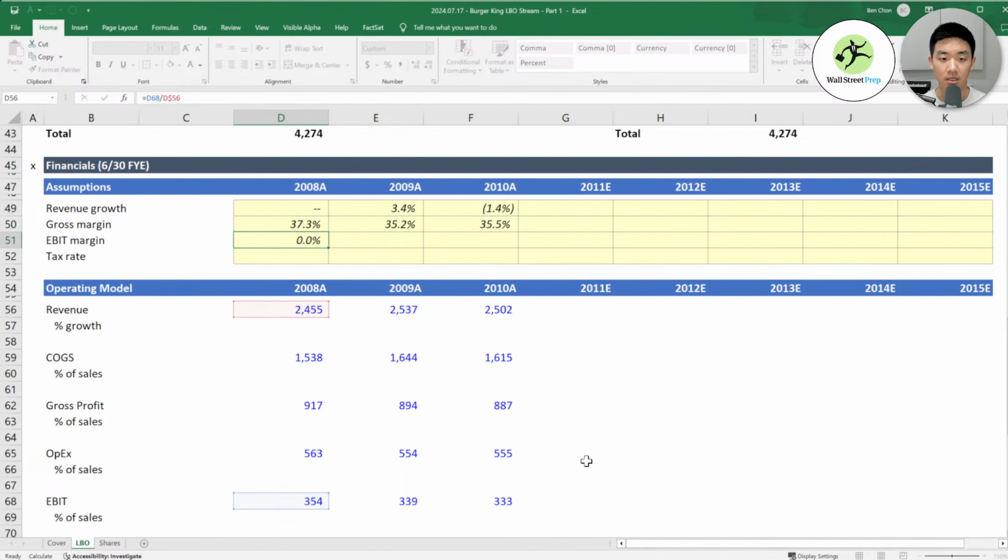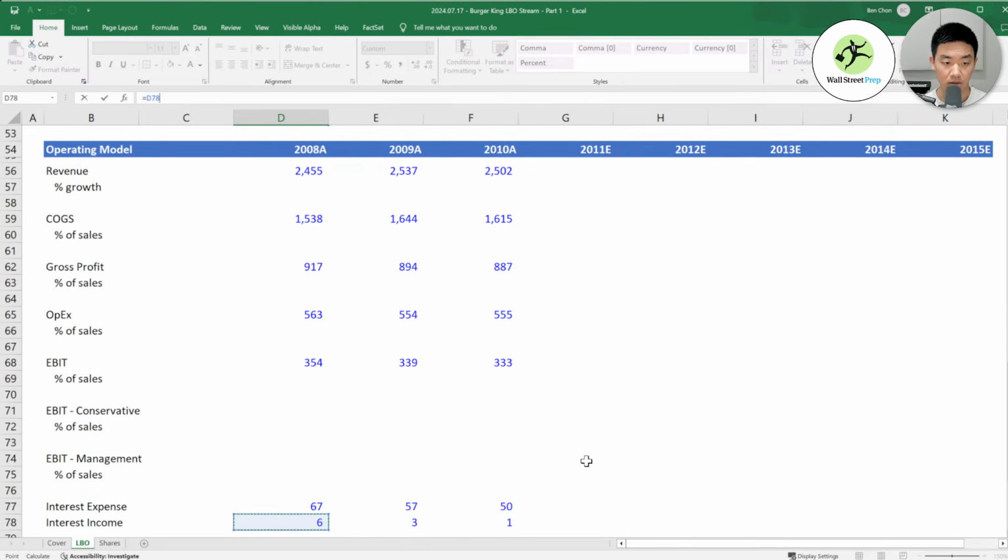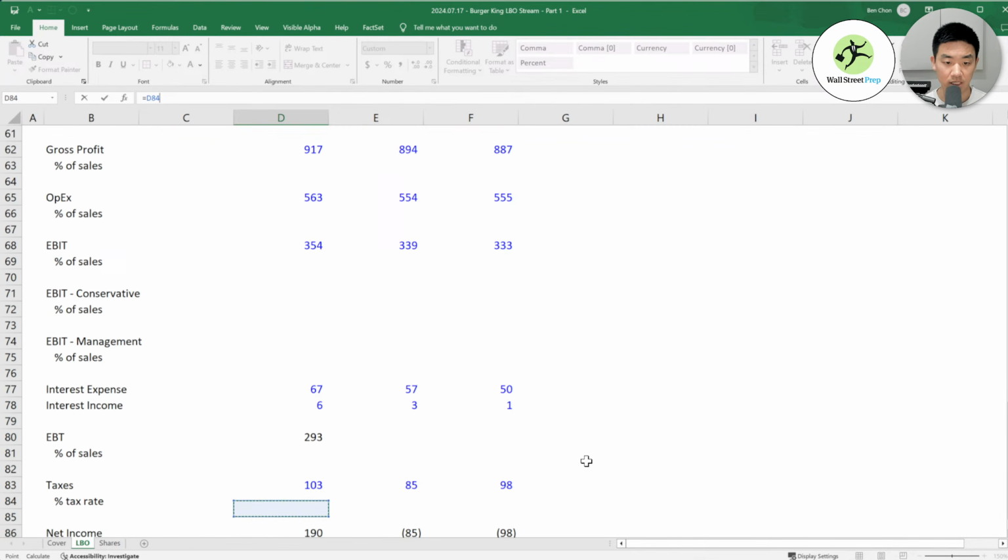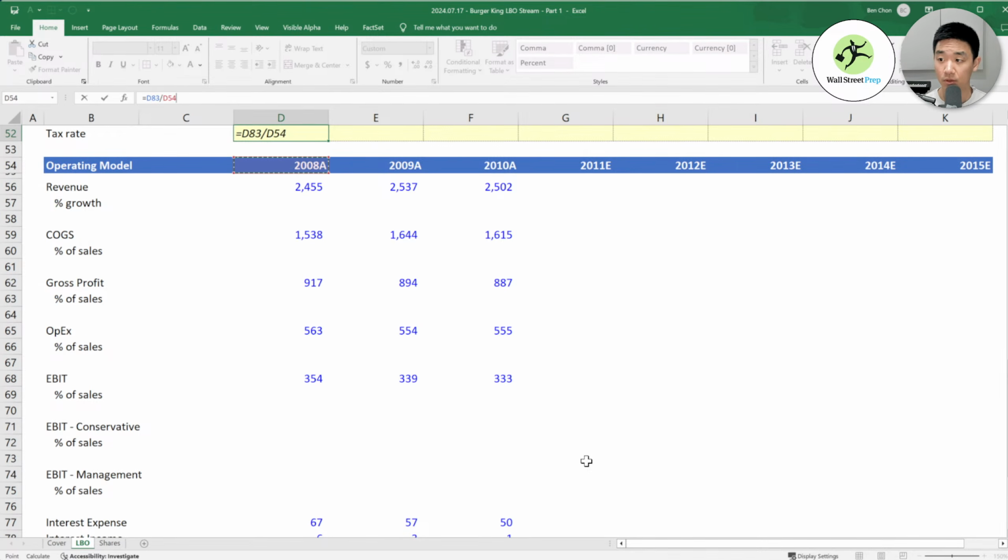But anyway, that's our EBIT margin. Actually, do I want to do it this way? Yeah, I will. And then tax rate is the taxes divided by our earnings before taxes.